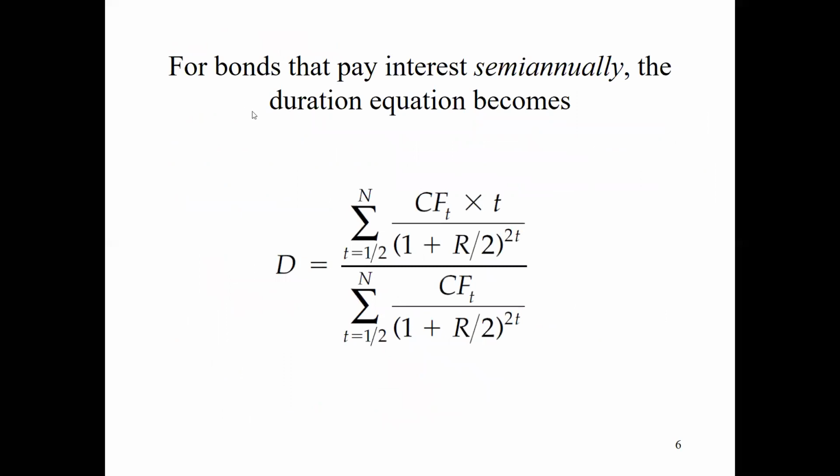So for bonds that pay interest semi-annually or quarterly or monthly, here is what you're gonna play with actually. This is where you divide, this is where you multiply, division and multiplication, okay? This is where you work with. And here's the timing as well. You multiply with the time, not with years, so you should multiply by the corresponding period.